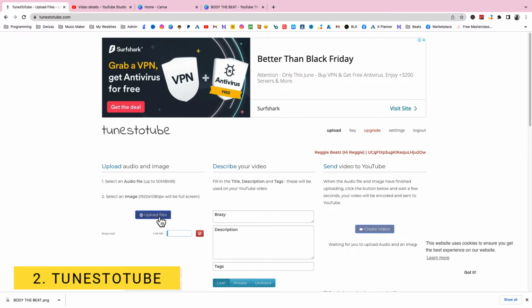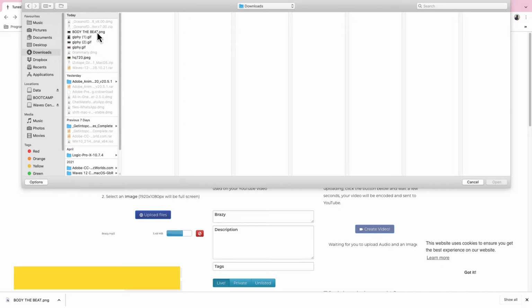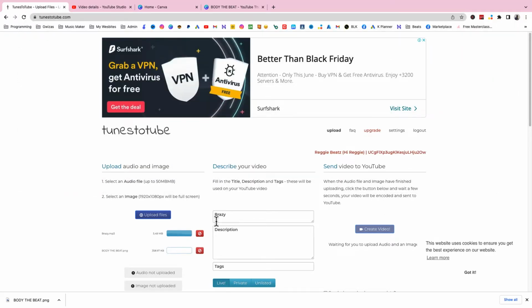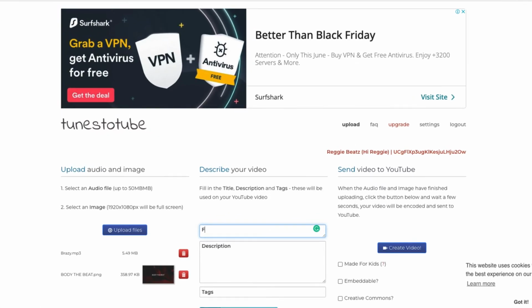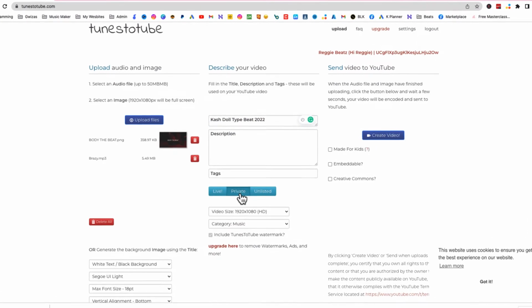And now I'll just go select that picture that we made using Canva. I saved it in downloads. Body the Beat. Look how nice it looks. Put it there. I'll just name it Free Cash Doll Type Beat 2022. Before clicking create video, you have to make sure that it's private if you want it to be private,